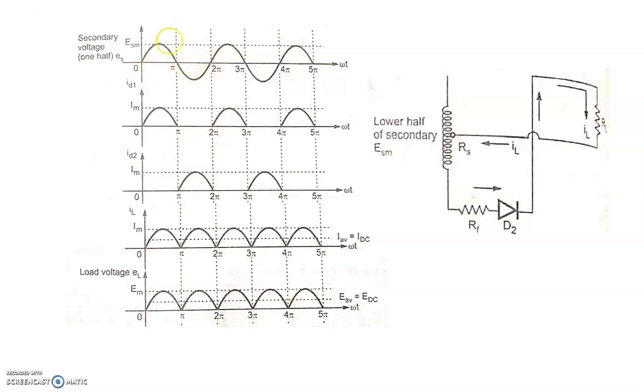Now if you combine the negative as well as positive half cycle, then the output of this rectifier will look like this. So in this way, if we apply the sine wave as the input of the rectifier circuit, then we will get this kind of output. This is the pulsating DC, which contains both AC as well as DC components.